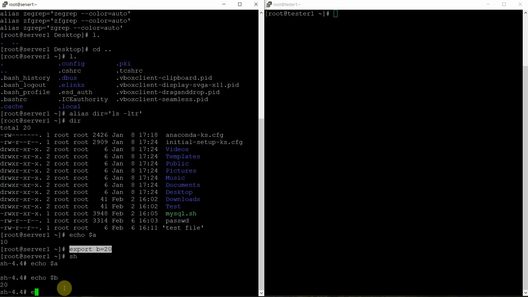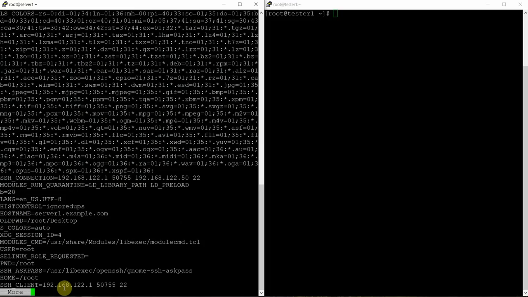If you want to display all of these exported variables or the environment, you can type the env command, and then you can type more to see the page-wise list of the environment variables which are exported. These are all the variables available, and the home directory. A good thing is you can even use grep.